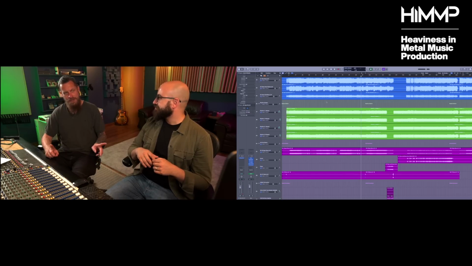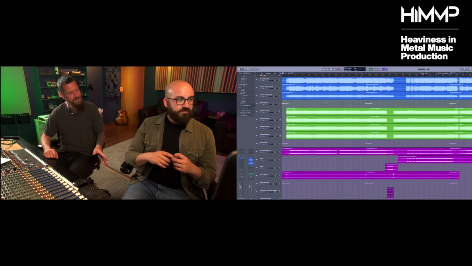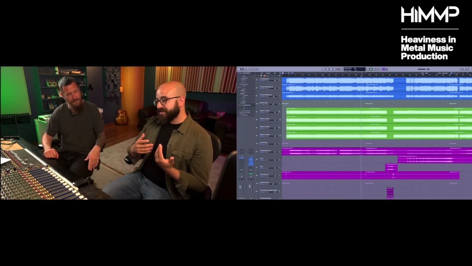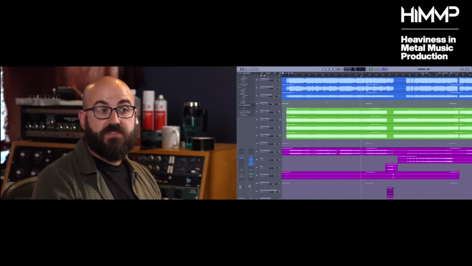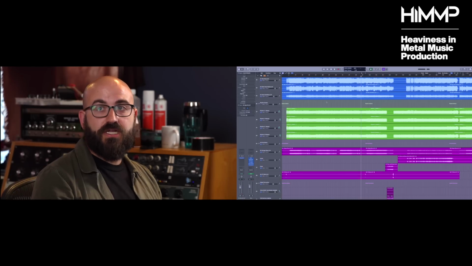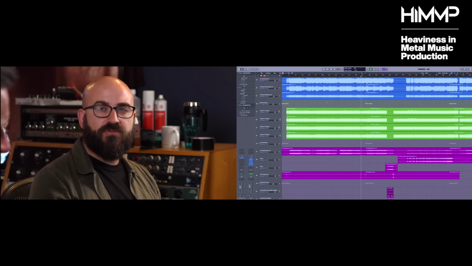And guitars, similarly panned, hard left, hard right, and there's no stereo. Do you ever stereo widen the bass a little bit? You looked a little bit at the upper frequencies, sort of 900 upwards, spreading the bass. Is that something you'll ever do? I have done it. It's not something I do by default. It's more when the client seems to want that kind of sound, or if you're going for a certain reference or a specific effect. For sure. I've done it when there's more of an isolated solo bass kind of thing, like a cleaner tone maybe. It can be nice for it to occupy a little bit more of the frequency range, but generally not in the mix.